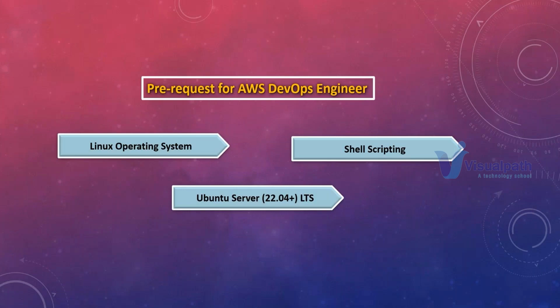Red Hat, you people cannot practice. Why? Because you need to purchase a license key for it. If you want to use a full-fledged Red Hat operating system, you need to purchase a license key. Instead of that, if you want to learn the Linux operating system without purchasing any license key, we have an alternative called Ubuntu Server. And remember, we are not using the desktop version; right now, we are using the server edition. So what is the difference between the desktop version and the server edition? In Windows also, we have desktop and server. Any example for that?